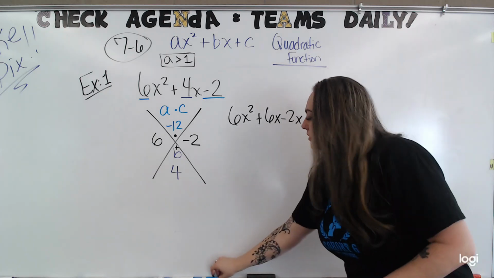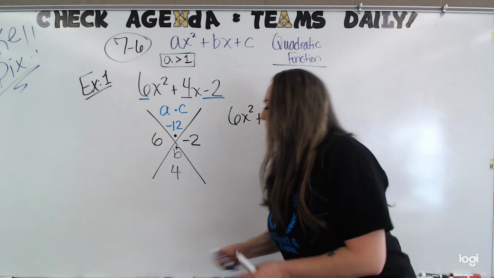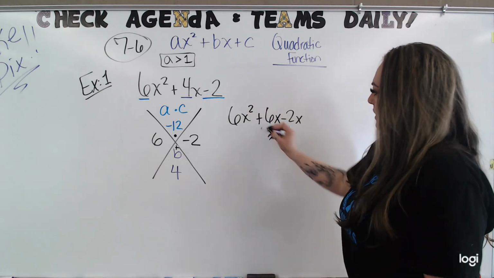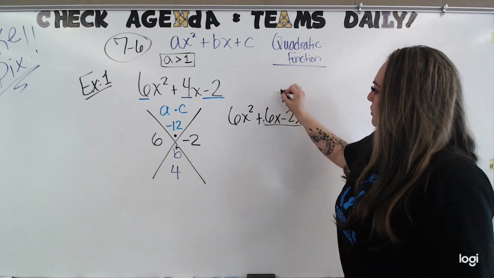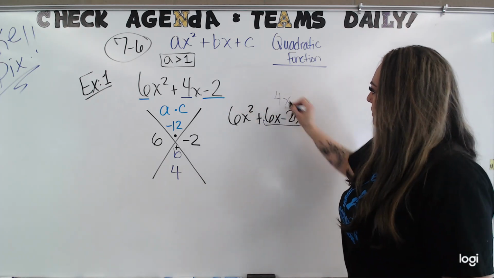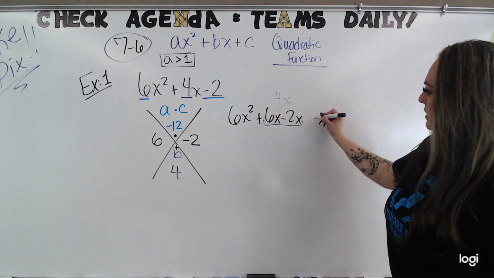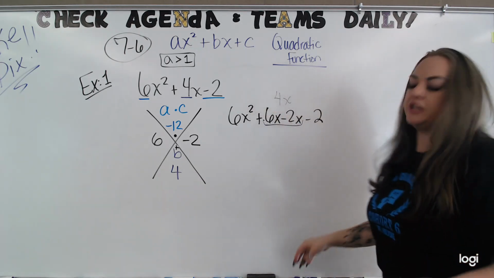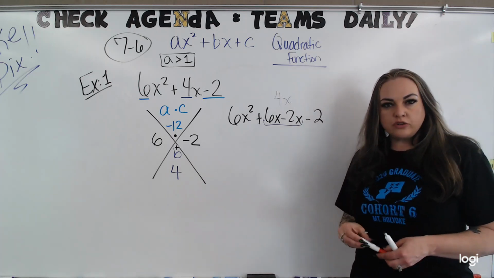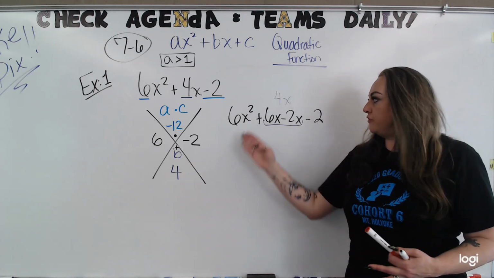This is still equivalent to 4x, which was the top, right? And then minus 2. Now we're going to use our knowledge of factoring by grouping, where we had 4 terms